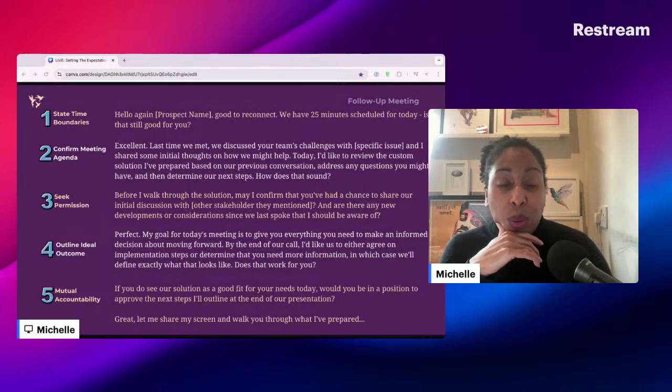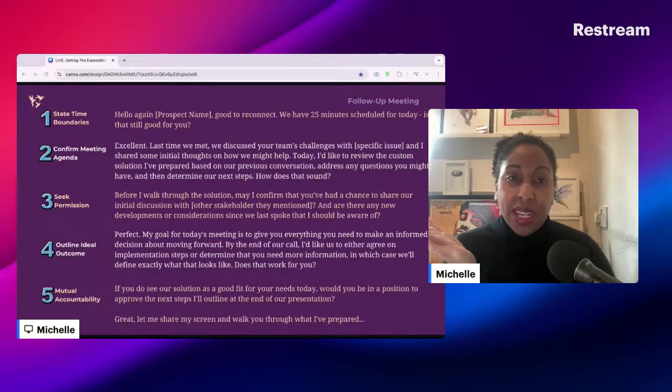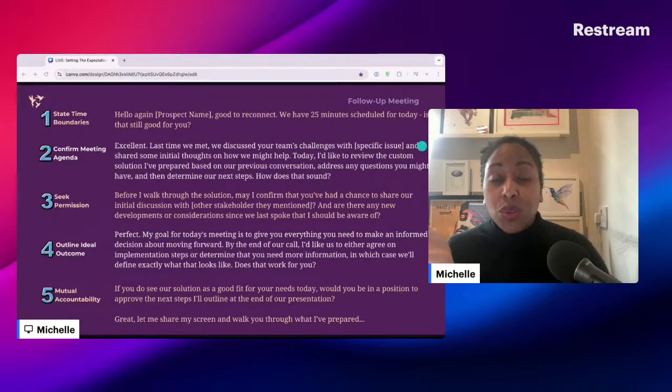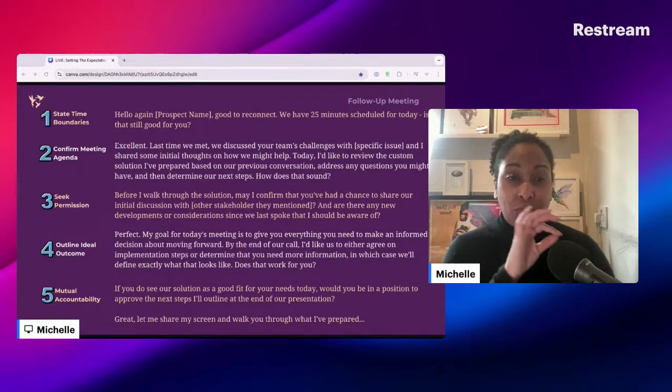Looking at a follow-up meeting, we again want to make sure that we've confirmed that time barrier, and then this is a continuation. It is part of a process. It's part of their buying process and it's part of our sales process. So we do want to loop back to what we heard in that first meeting, what we know to be their issue, and have a thread that weaves through it.